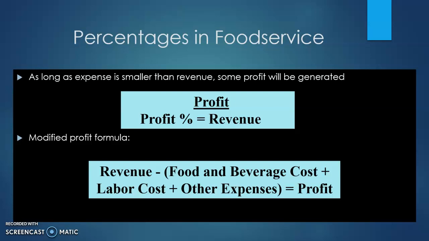So when we're looking at the expenses, obviously what we're trying to see is that the expense is smaller than the revenue, right? So then that will give us some sort of a profit. If that is not the case, then obviously we'll be incurring a loss. So that's something that we have to look at. So we can look at a percentage of profit, right? If we look at a profit, we divide it by our revenue, then that will give us a profit percentage. So all of these things we're talking about dollars and cents, right?